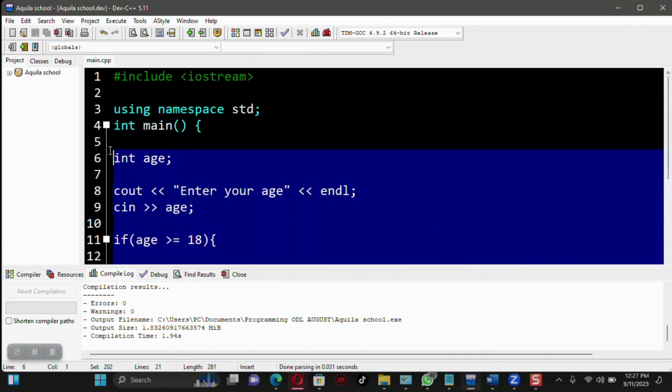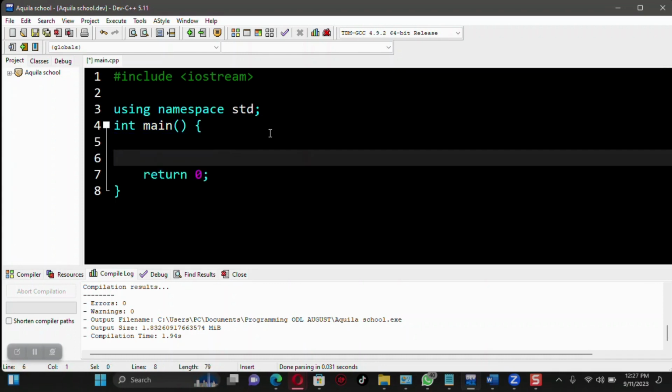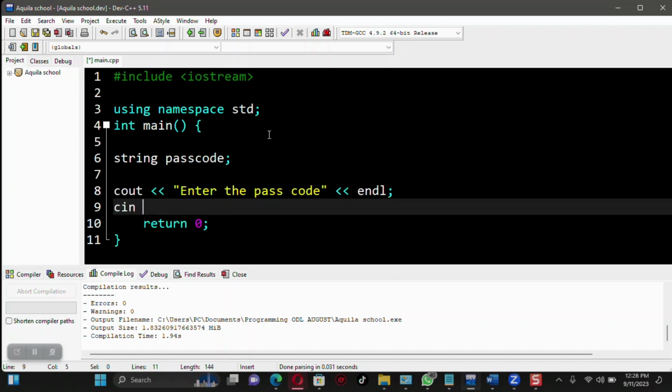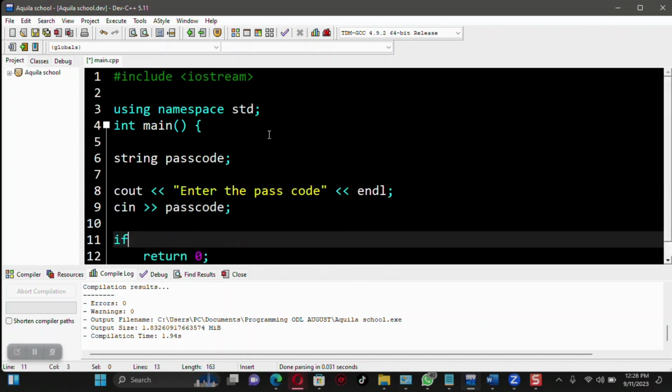Let us come up with a string variable called passcode, a string because the passcode is going to be in the form of a word. Let's tell the user to enter the passcode. Then let us store the passcode obtained from the user. Now let us begin checking if the passcode is correct. So we're going to say if